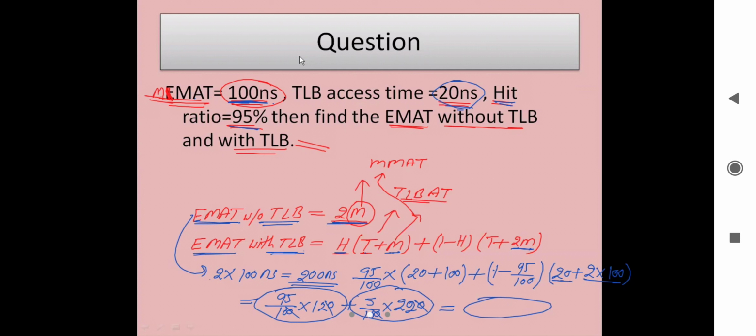So this 95% you can also write as 0.95. Then what will be the miss ratio? The miss ratio will be 0.05. It can be written like this as well, but simplifying is better, so you can write down 95 by 100, because cancelling out is a bit better. So this is the question related to the effective performance of paging.